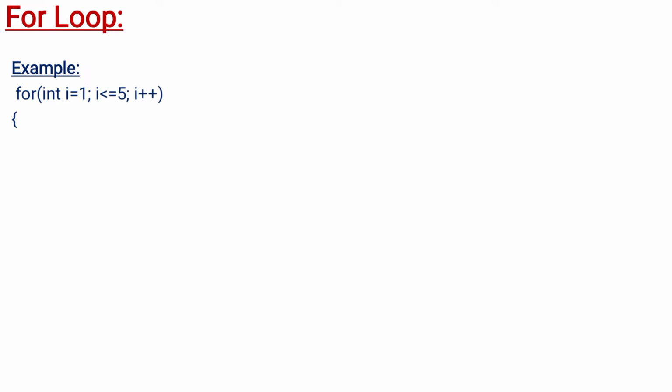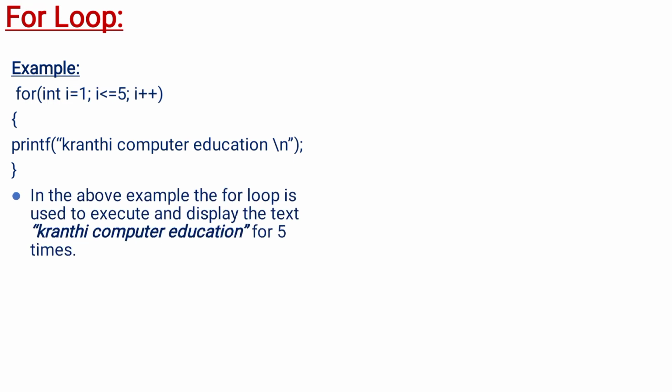Next, for loop opening brace. Next we write a printf statement to print Kranti Computer Education on the screen. \n is the escape sequence character which is used to move to the next line. For loop closing brace.